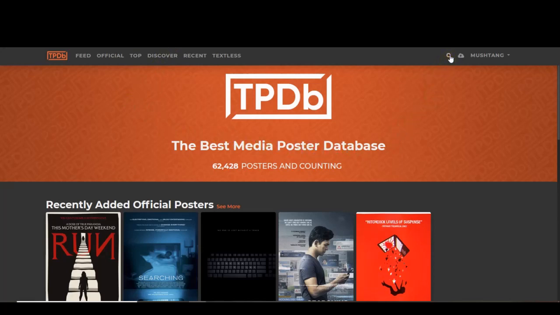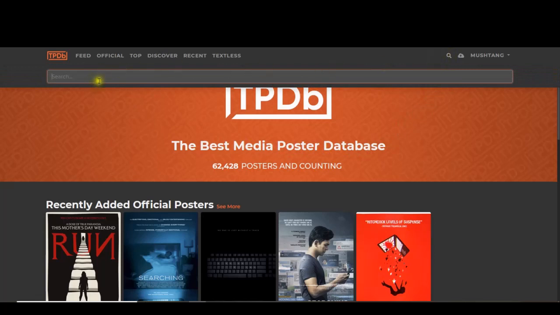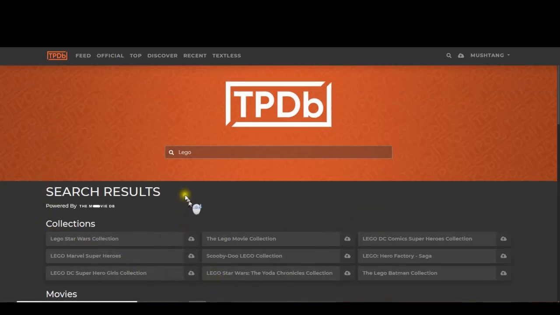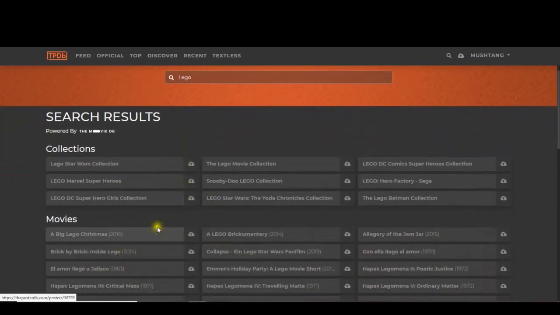So I'm going to go here and I'm going to do a search. Click on the little magnifying glass. I'm going to type in Lego. And you can see the search results are several collections. There's other movies for posters if you want to change the poster for a single movie, but for the collections, you can see that there's specific collections, and here's one for the general Lego movie collection. I'm going to click on that,